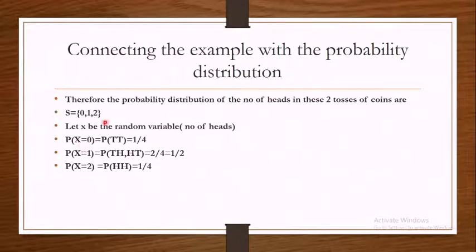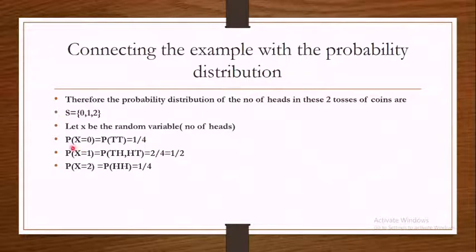When you connect with this example, it is true that P of X over here is equal to 0, 1, 2. But what is actually P of X? I would just repeat it again. The probability of a certain random variable, discrete or continuous, taking certain values is equal to something which lies between 0 and 1. It could be 1 and it could also be 0. I hope you all know the rules of probability.